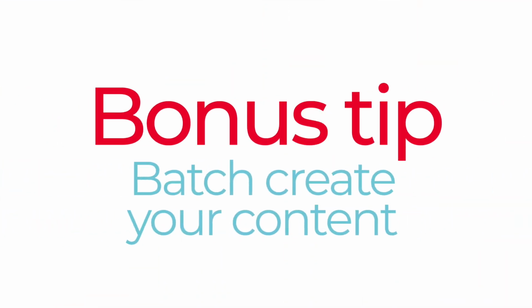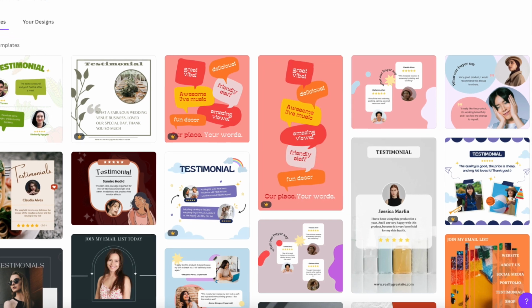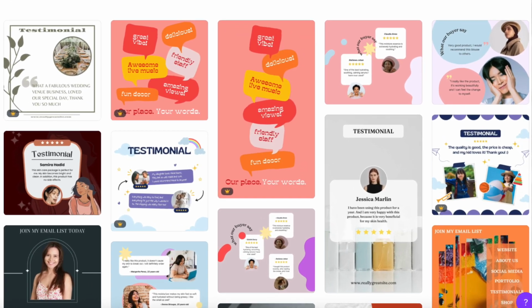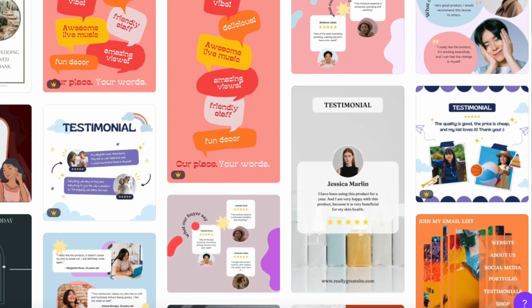As a bonus tip, I would really recommend when you are thinking about creating graphics for Canva, batch create your content. Batch create your content. And one simple way to do this is with testimonials. If you go into Canva and under templates you search testimonials, there's all types of really great graphics and great templates for testimonials. And I bet if you've been in real estate a long time, which I know a lot of you have, go to all the places that you have testimonials, right? Maybe it's Zillow or Realtor.com or your website, Yelp, Google, wherever it might be. There's probably lots of places, and pick your favorite 5 to 10 testimonials.